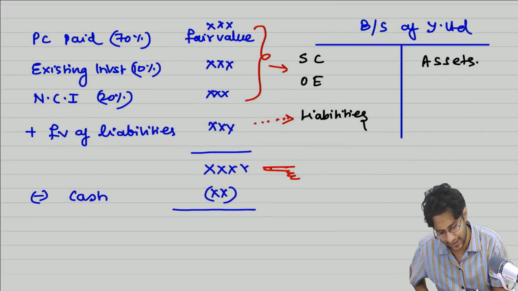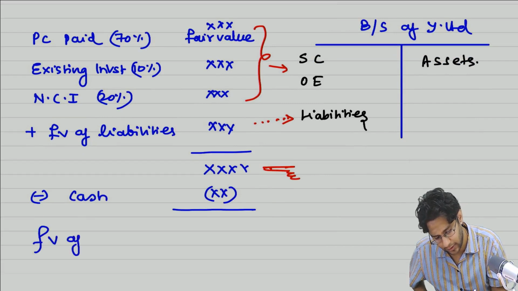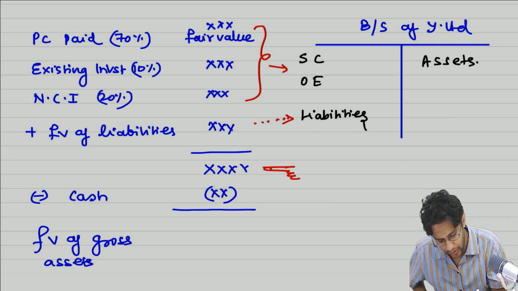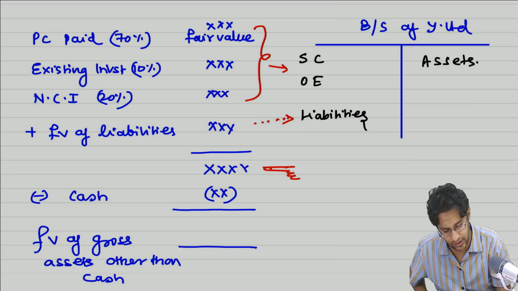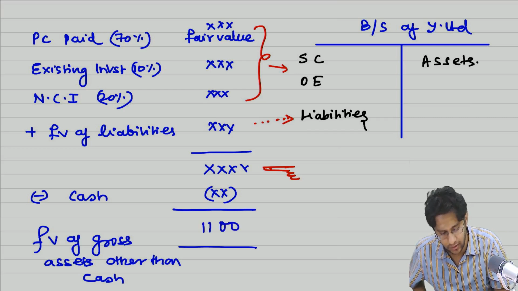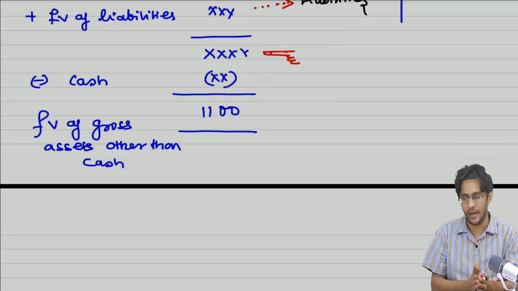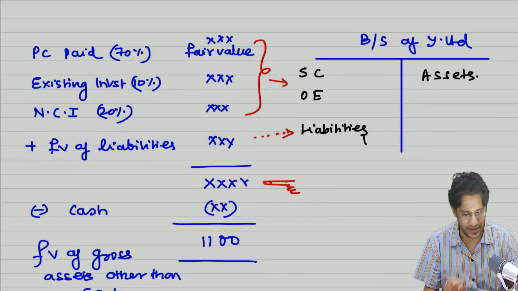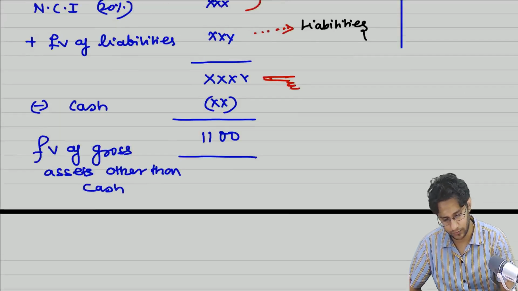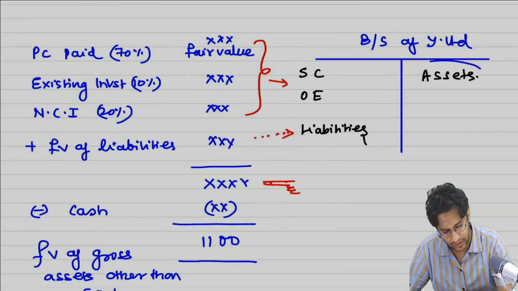So now can I say that this represents the fair value of gross assets other than cash? Let us say this amount is coming to 1100, taking the same number as in the study material example. This is step number 1. Step number 2: now what you will do is take these assets,